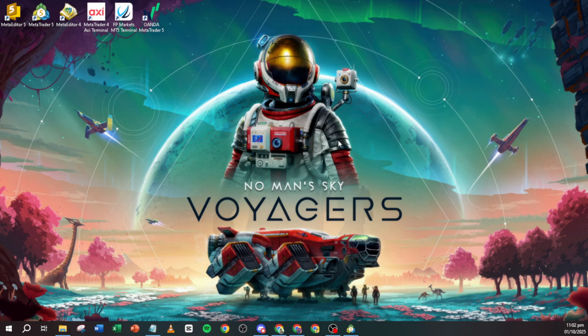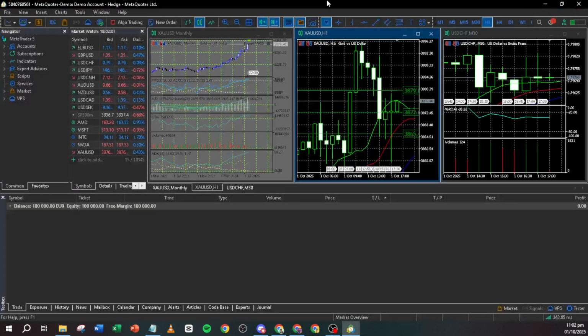First, go ahead and open your MetaTrader 5 platform. This is your trading hub where all the magic happens, so make sure it's set up and ready to go. Once you're in, you'll want to locate the MarketWatch window. If you're unfamiliar with it, MarketWatch displays real-time quotes for various trading instruments. It's an essential tool for monitoring price movements and finding trading opportunities.